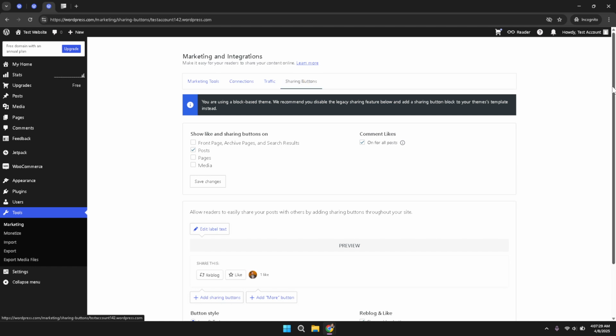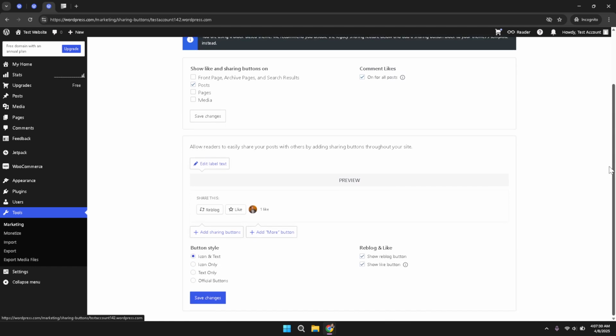As you scroll through the settings, look for the specific control that allows you to display a like button on your blog posts. When you find the option labeled Show Like Button, ensure you click on it to activate this feature. Activating the like button will make it appear alongside your content, providing your readers with a friendly way to register their approval about the post. This addition not only makes your website more dynamic, it also increases the chance for enhanced user engagement by encouraging